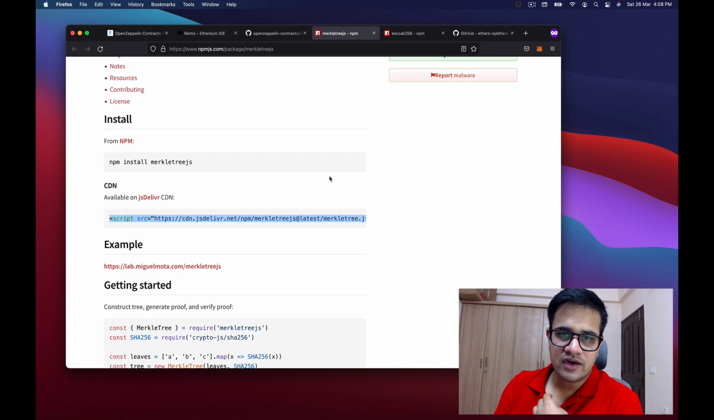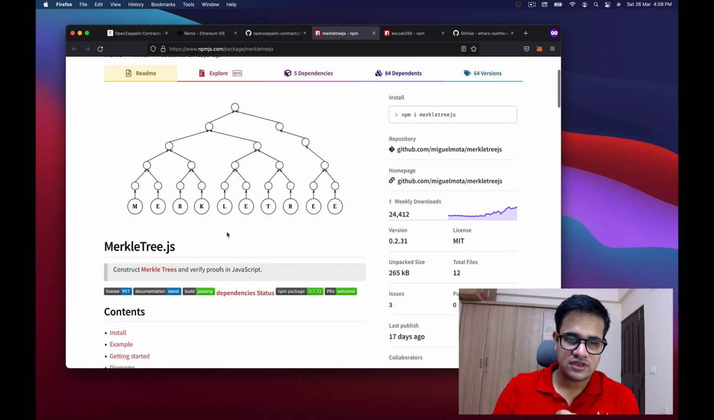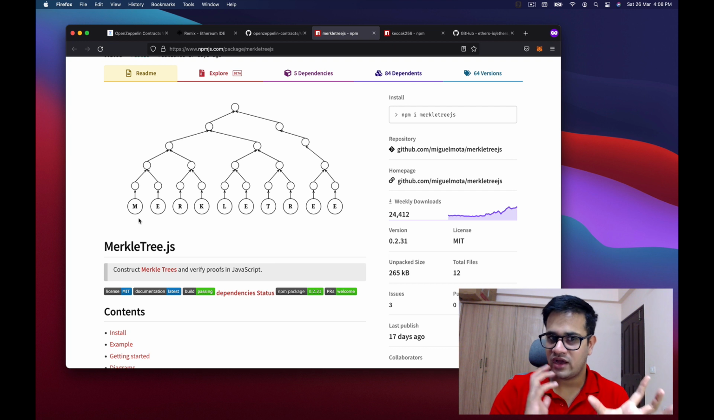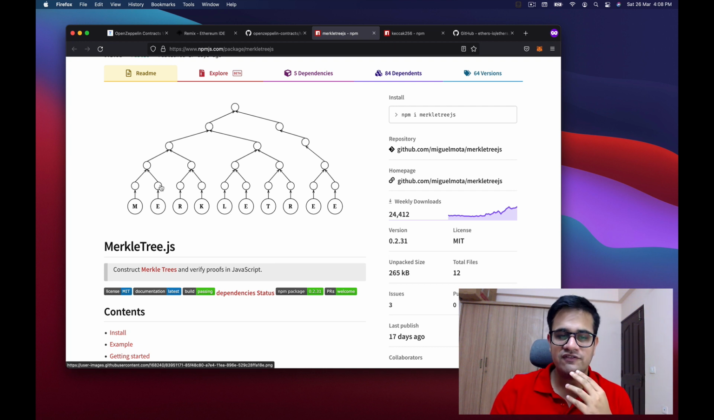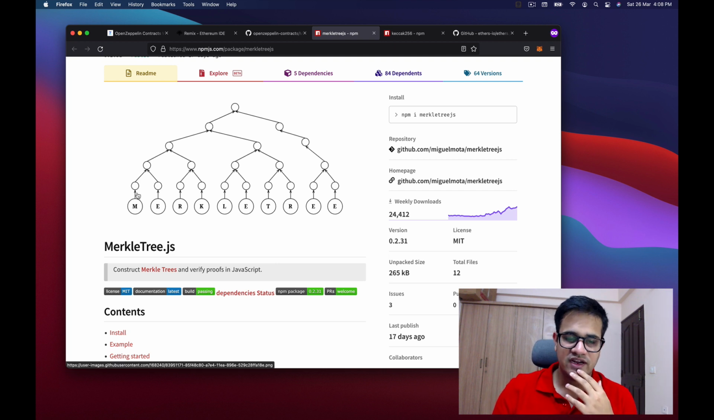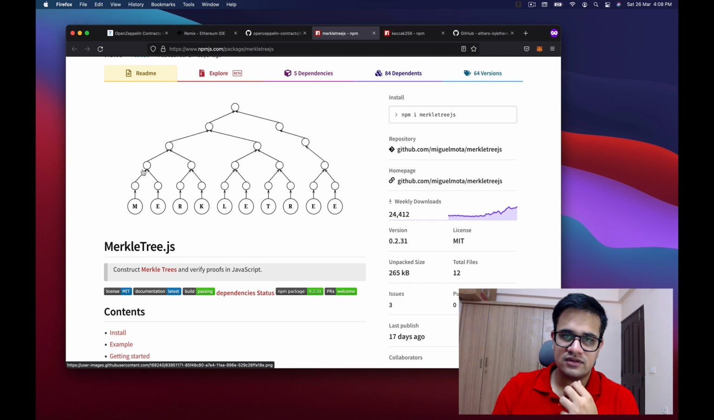So I've opened a Merkle Tree JS npm repository over here, and here you can see what the tree looks like. There are elements that are present which we run through a hashing function. We get a leaf of this tree. So every value that we have, we run through a hashing function and we get a leaf out of it. After that, we take two leaves and run them through the same hashing function, and we get another leaf, a branch, and we keep doing that on every level